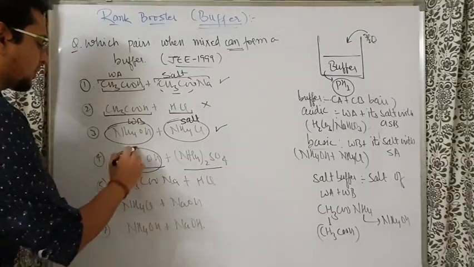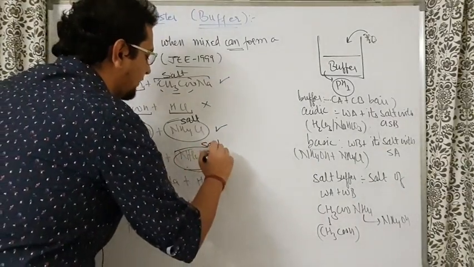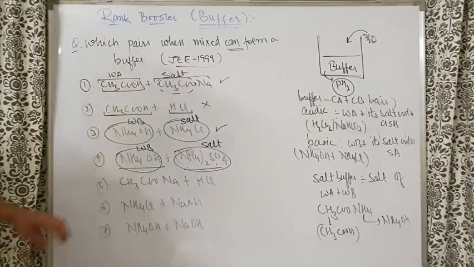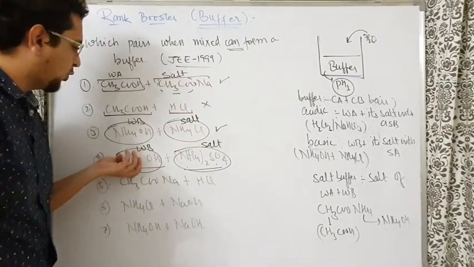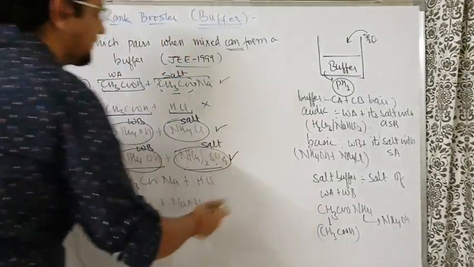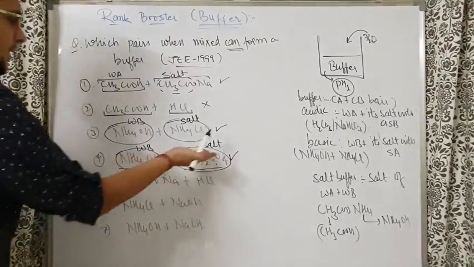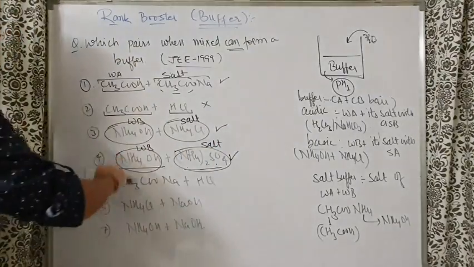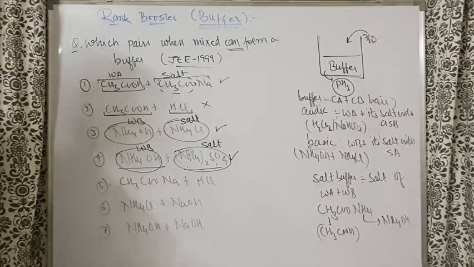तो देखो यार, ammonium hydroxide is a weak base and ammonium sulfate will be a salt of that weak base with a strong acid. Sir, which strong acid? Sulfuric acid react with NH4OH, then you will get ammonium sulfate. I'll give you one numerical of this also, but anyway, right now identification is going on, so it's a buffer, 100%, a weak base and its salt with a strong acid. So clearly this combination is also a buffer.